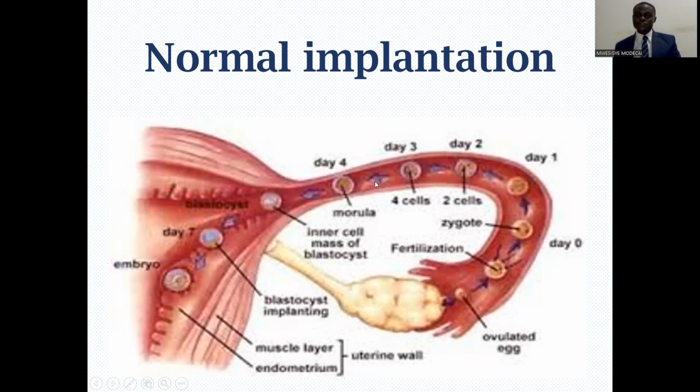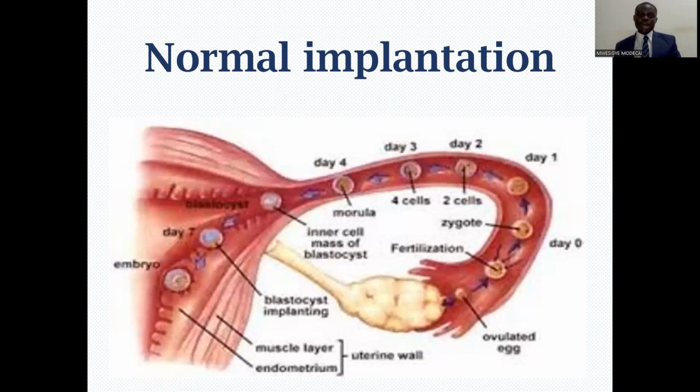And when it finishes the 4 days, it's supposed to reach the uterine cavity and implantation is going to take place. As it moves towards the uterine cavity, the cells keep on increasing